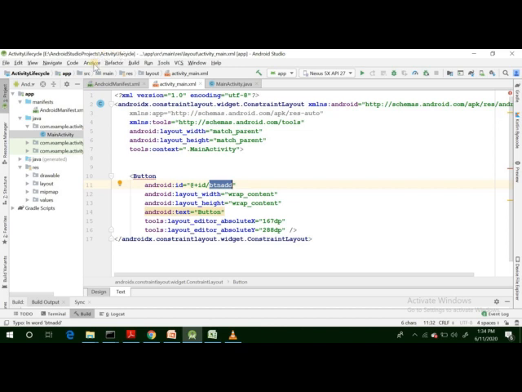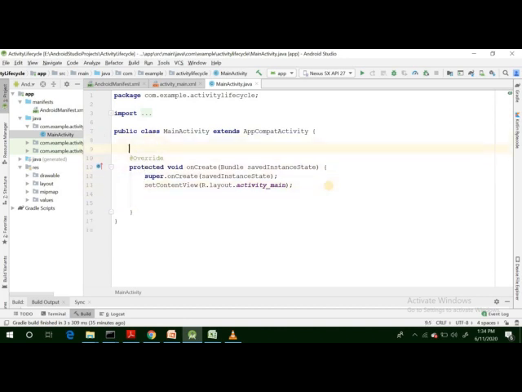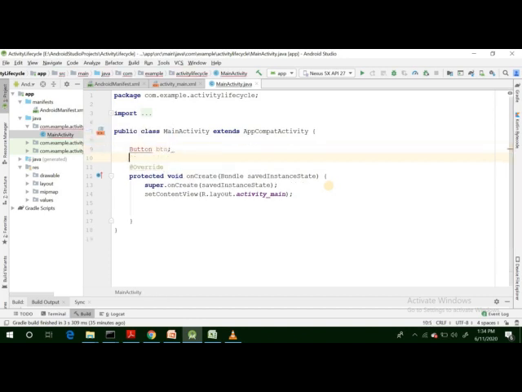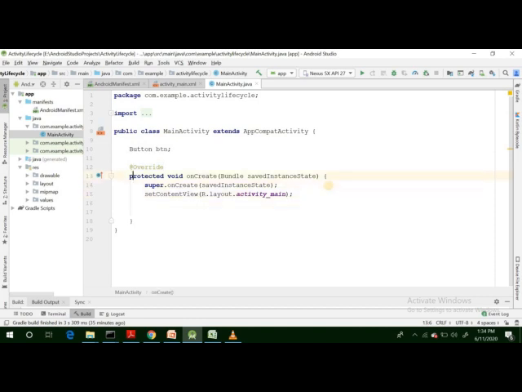Now if we go to the source code file, this is the source code file that is placed over here. Inside that source code file, one of the methods is already overridden. We will discuss that method later, but for now we can get the reference of the button inside the Java file of the same activity. So we are declaring a button variable. Button is a built-in class. So now this is only the declaration of the button. We haven't got the reference of that button from the layout file till now.